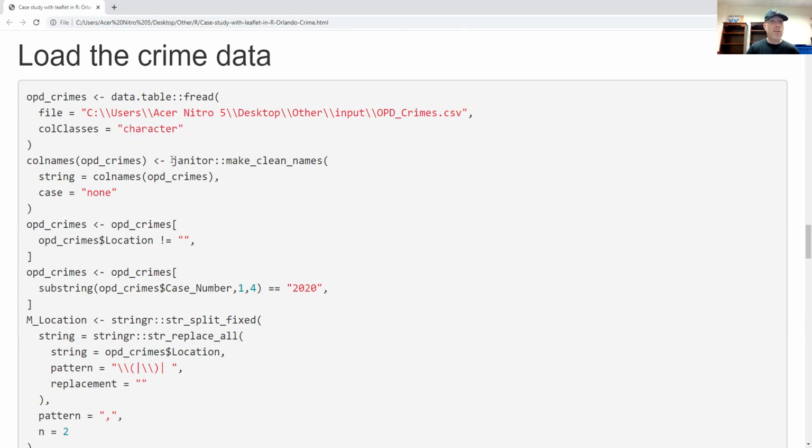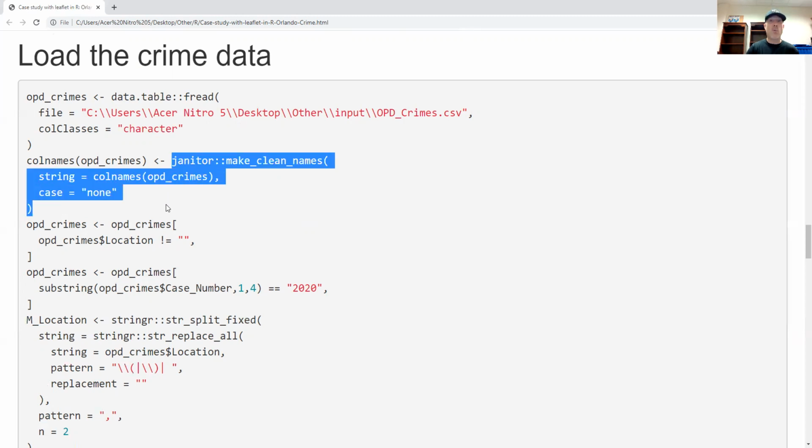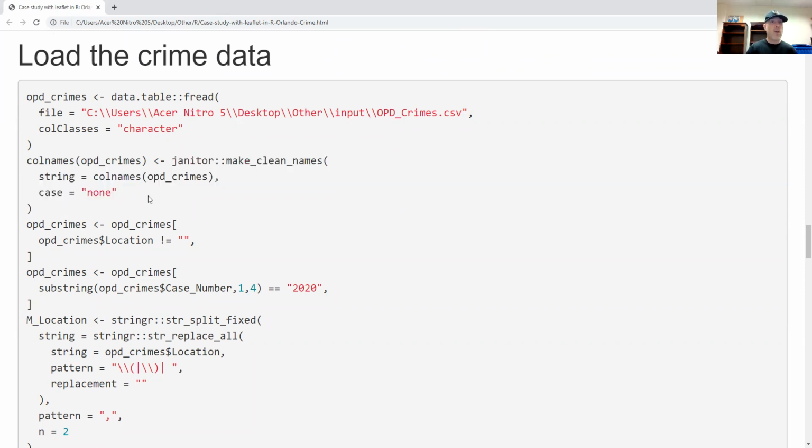Now, something I like to do, and I do this a lot, and I do this professionally, I find this is very good practice. I like to standardize my column names. I find that this makes it much easier down the road for me to know what I'm looking at, so that I know that I'm looking at a column name because I have the same uppercase, lowercase, underscore format every single time. So the janitor make clean names function,